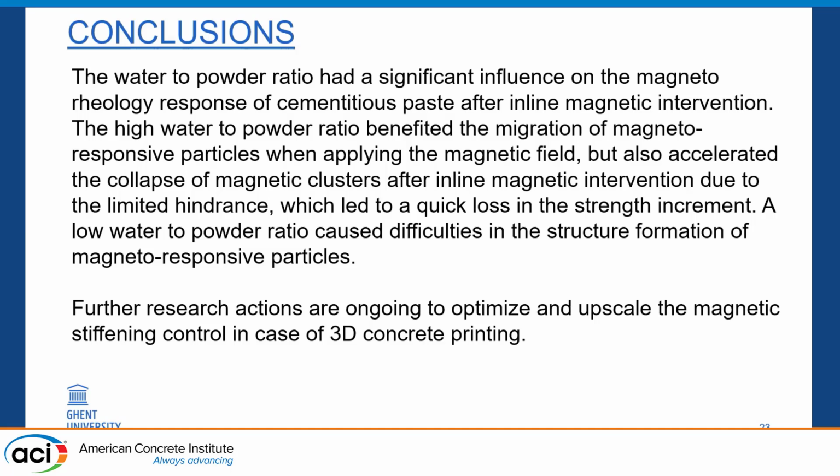Now, the water-cement ratio, or let's say the flowability of your material, is important. If it's very flowable, your chains are easily formed, but they are also more easily destroyed afterwards. So that's a trade-off that you have. If your material is too stiff from the beginning, then the chain formation is also quite complicated. And as I said, further research is ongoing on further upscaling and for the situation of real 3D robot printing